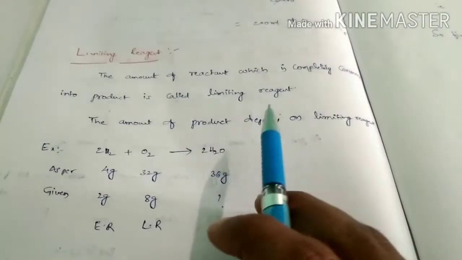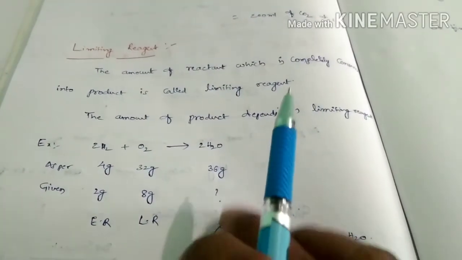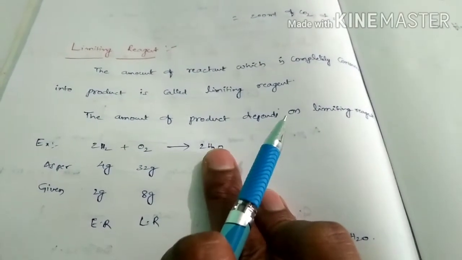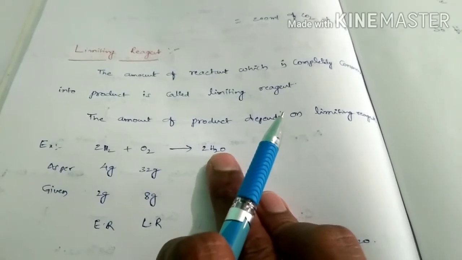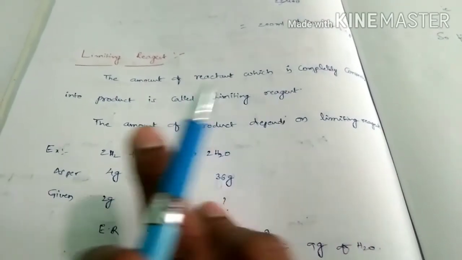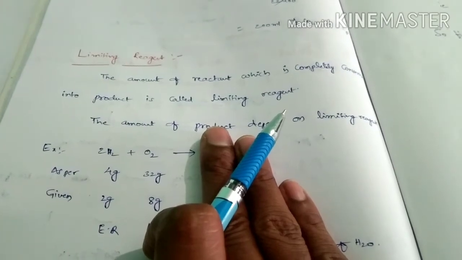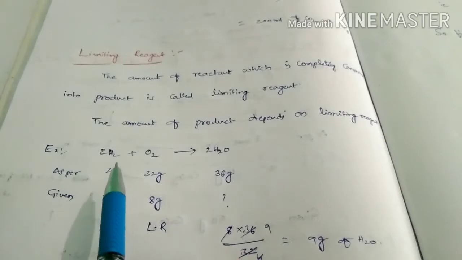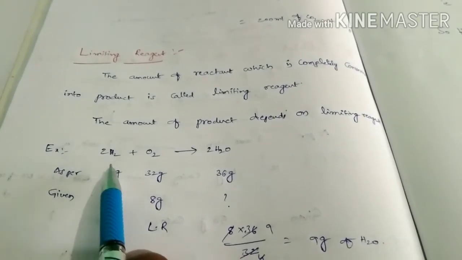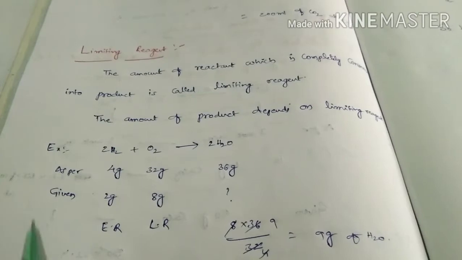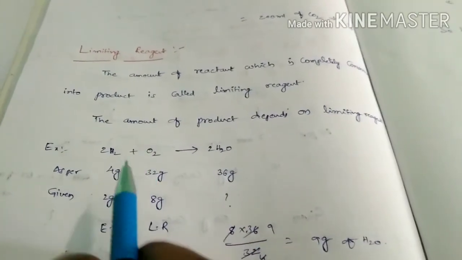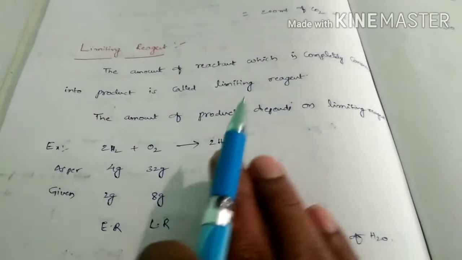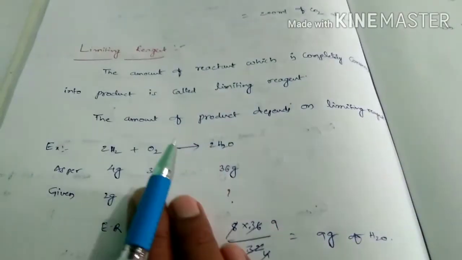How to find the limiting reagent? While finding the limiting reagent, first you should forget about the product amount. What I told you: the limiting reagent is present on the reactant side. So no need to bother about the product amount for now. We have to find the limiting reagent, that means whether H2 or O2 is the limiting reagent. So while finding it, we have to think like this. First, remove the product amount. Next,